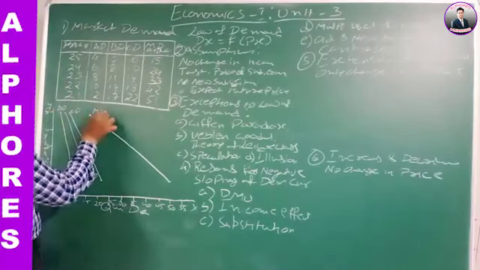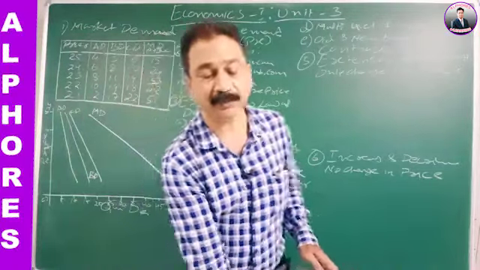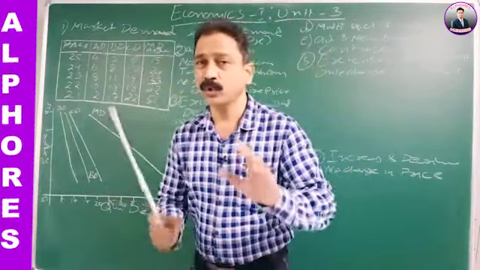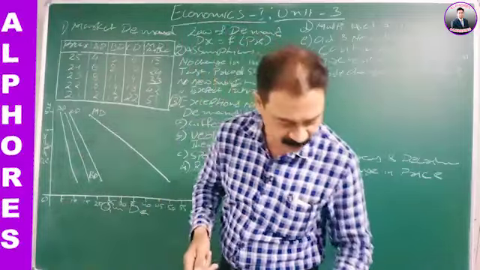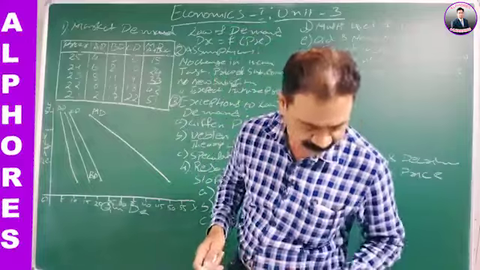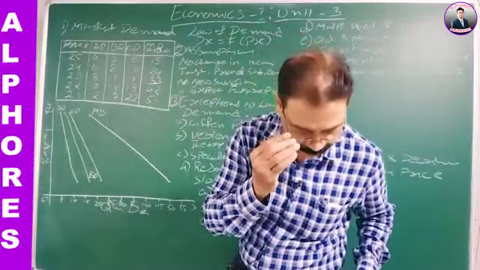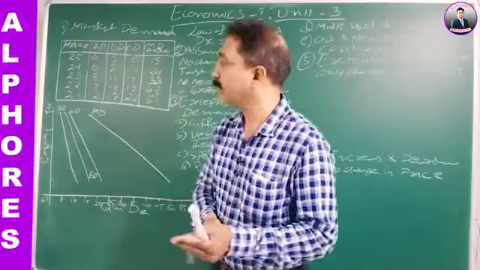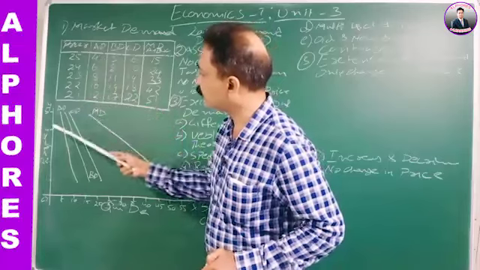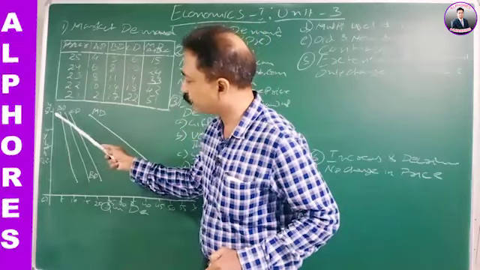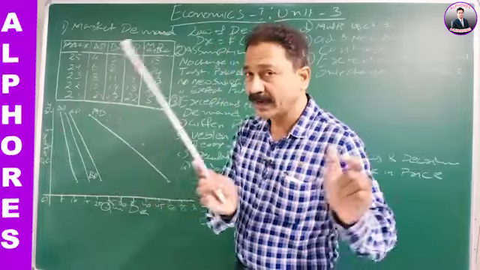Market demand. Let me explain this to you step by step. In your textbook, they have given it individually, one after another. In your textbook, you can see on page number 55, I think. Okay, let me see that and I'll tell you. Yeah, 55. Okay, now let us see. A group, it starts with 4 and ends with 12. A group demand starts with 4 and ends with 12. Okay, that has been shown individually.